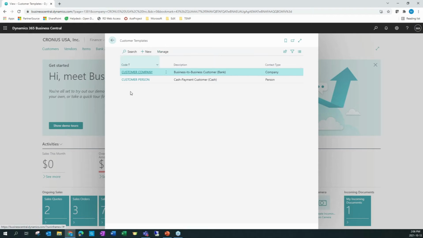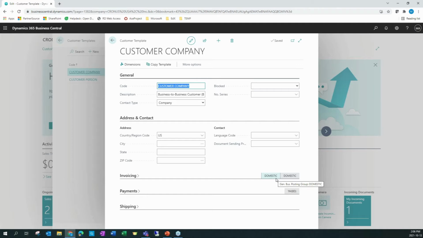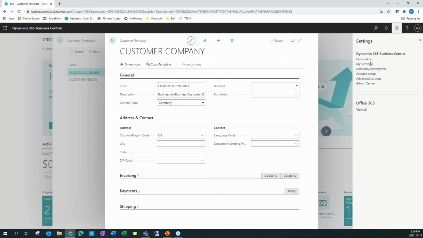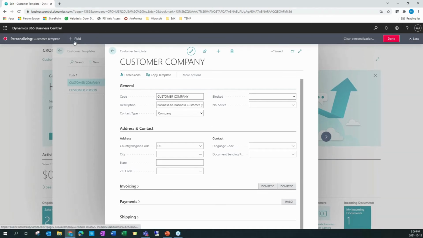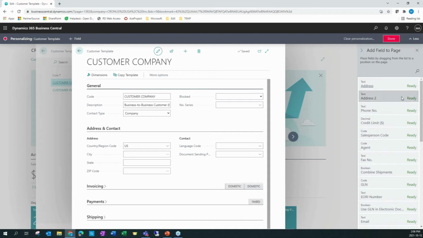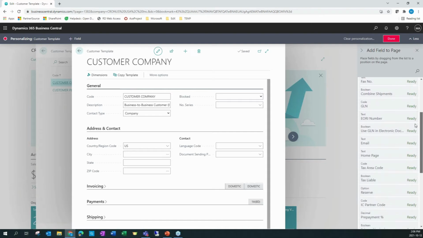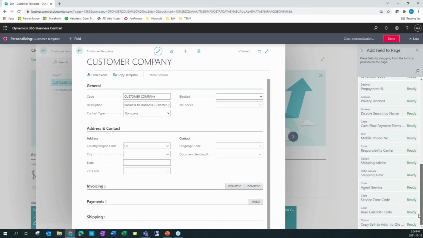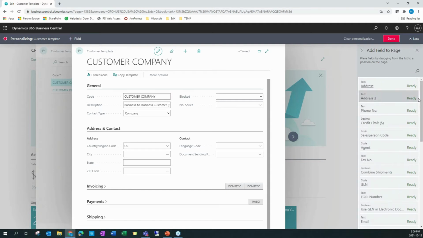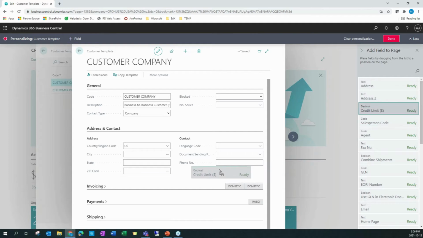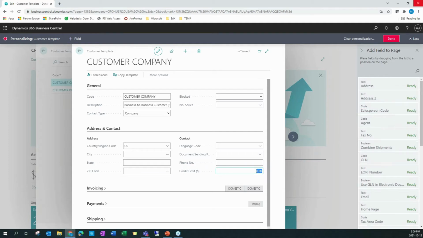So when you manage your different templates, you have a card, so customer, vendor, or item card, where you have fields available, and the personalize option has been updated to let you add most, if not all, available fields and drag them on the page. So you can make the phone number a part of the template, or assign a default credit limit to new